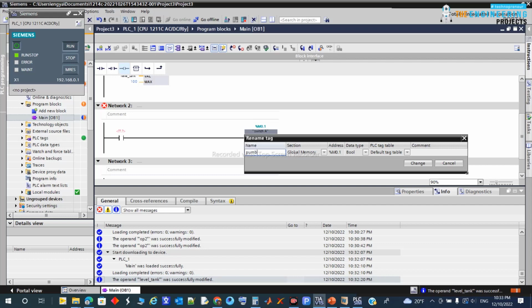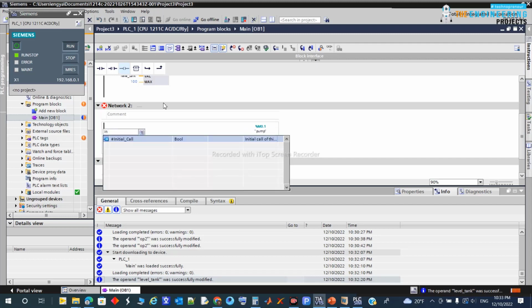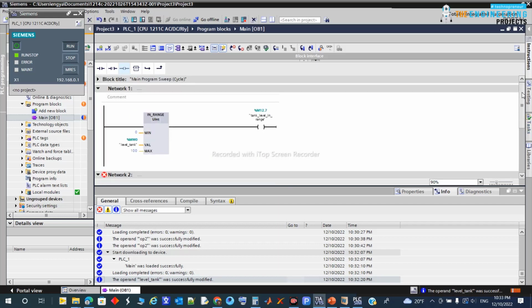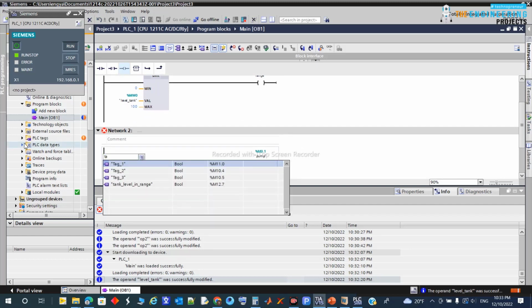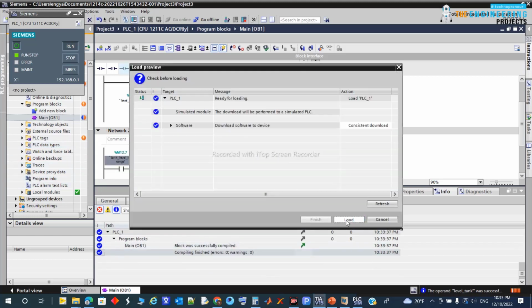which has been used for filling or charging the tank. And this one, we have something called in range. Oh my god, what is the name? Level in range. Oh, what did we change it to? So I can see it. Here, tank level in range. If I type here tank level in range, you can see it is very convenient